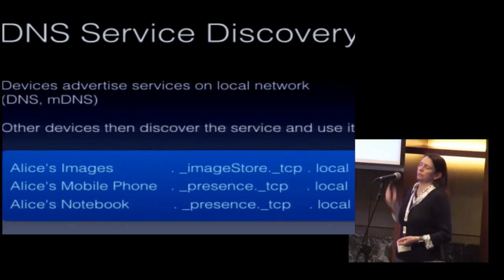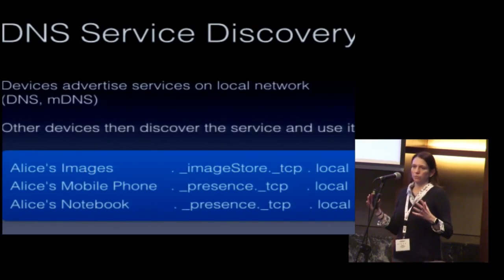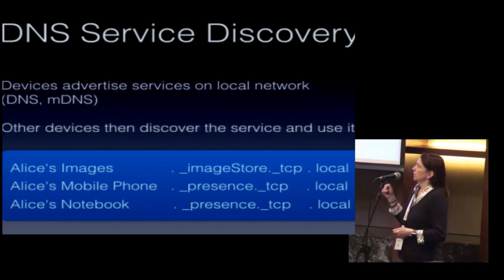But think about what you've learned about Alice just from this information. If you're in a very small room and, say, there are only a handful of females and only one has their laptop open, then suddenly you've got a really good idea of who Alice actually is. You also know that she's got 2 devices, that she's willing to share photos, and that she uses a chat application that supports presence. So not only do you know a bit about her, but what you've got is a fingerprint here.